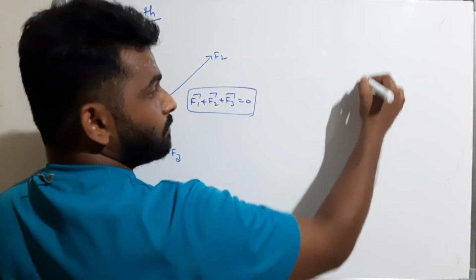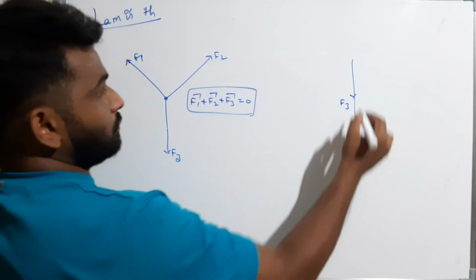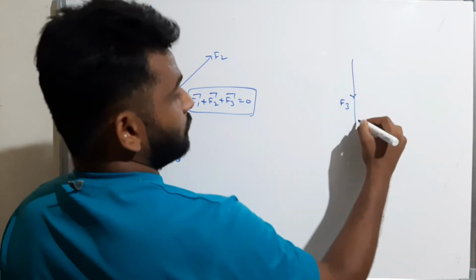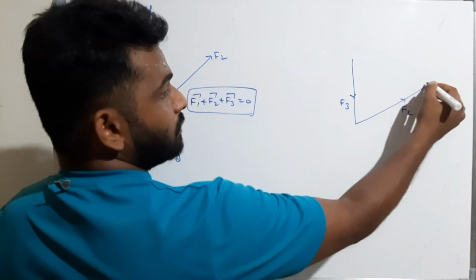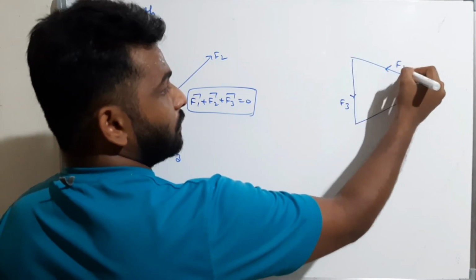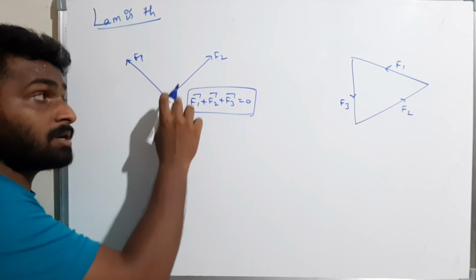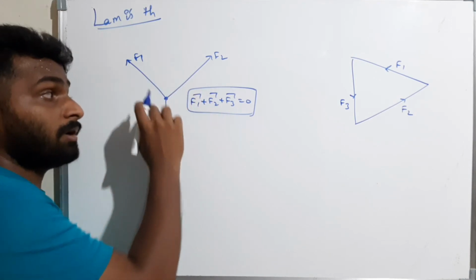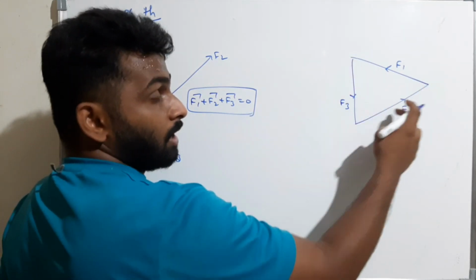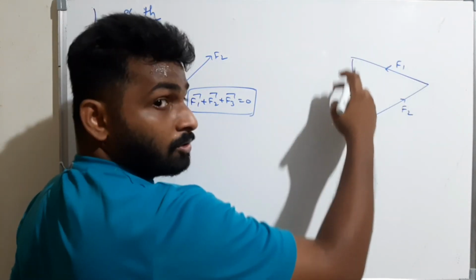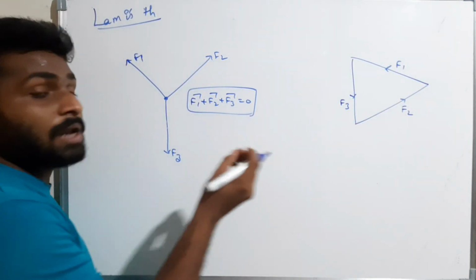If the resultant of the three vectors acting on a particle is 0, that means this particle is in equilibrium, then I can represent these three vectors as the sides of a triangle. Now see here, this is F3, this is F2 and this one is F1. And if you see, the direction is closed. I told you already in the polygon law, if the vectors are in the same direction in a closed loop, that means the resultant is 0. Now what is Lami's theorem?